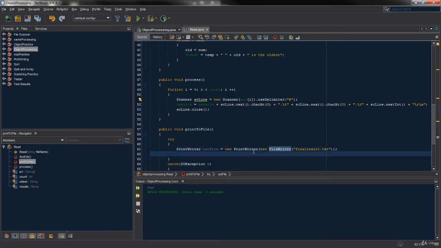And now we need outFile dot println oldest. As stated in the previous video, we must print the oldest first, and then 2 blank lines in between, so \r\n\r\n plus results. And now that we've finished using the print writer, we of course have to close it. outFile.close